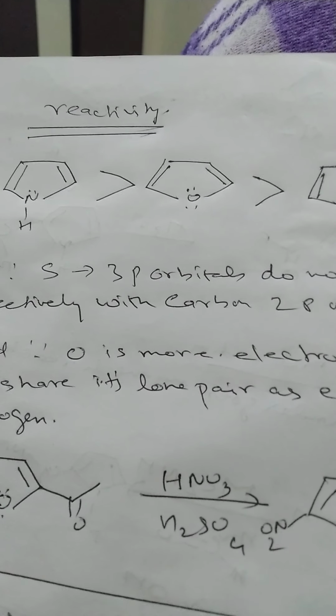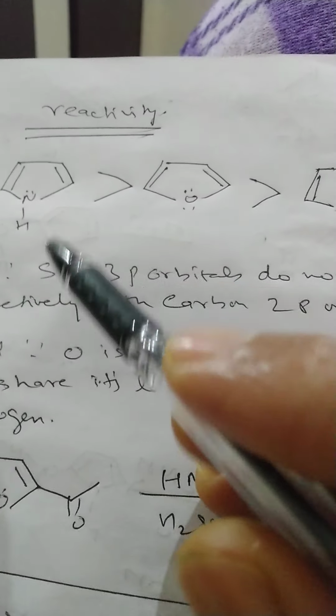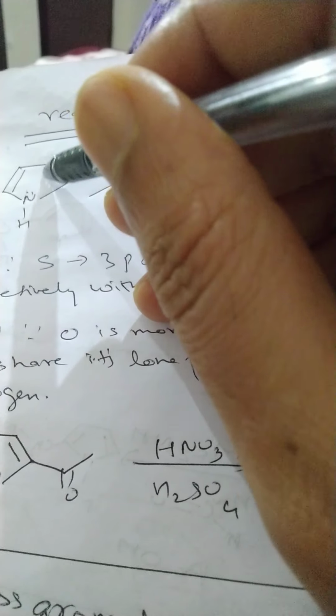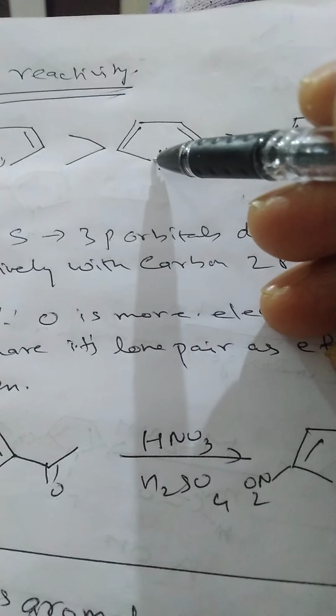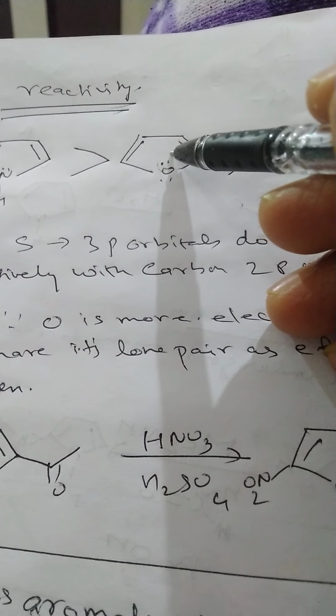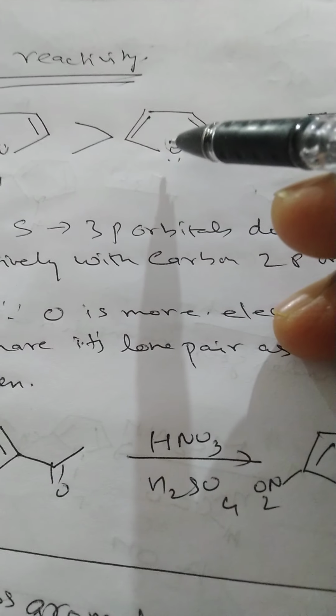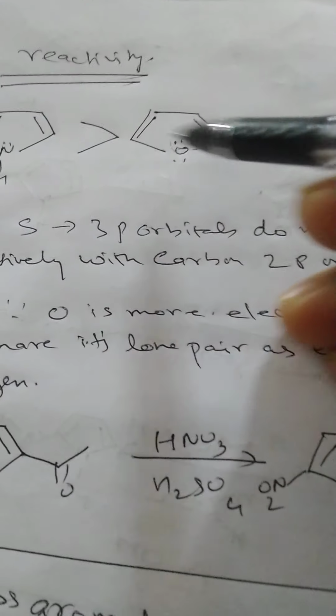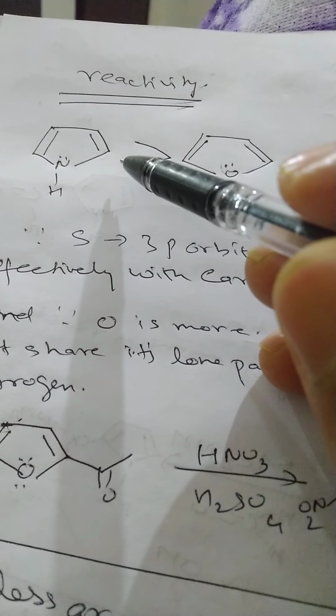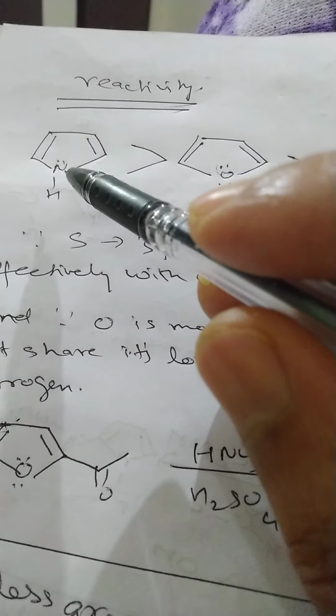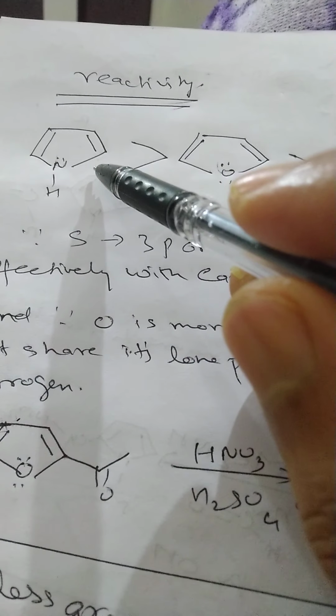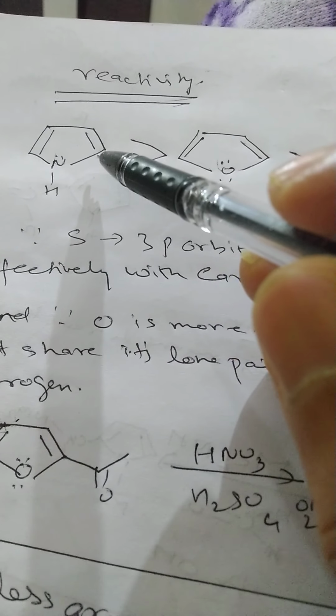So what happens? Nitrogen's lobe containing the lone pair is much bigger, and oxygen's lobe containing the lone pair is very small. So this is not able to give electrons as effectively as this is giving. Is it very clear? So this one gives more effectively,